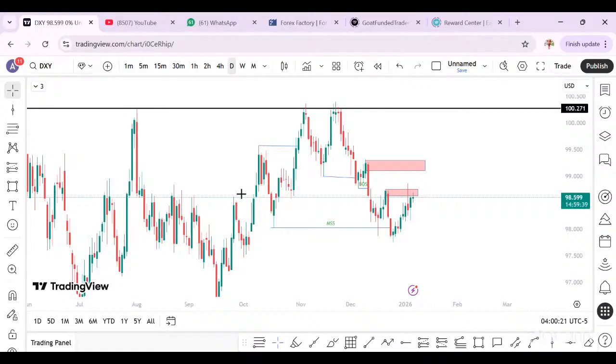By that time, we will have seen the Asia high or Asia low taken; Asia liquidity will have been taken out by 8:30. Then you can position yourself and take your trade. You can hold your trade in New York until New York is over, then close your trade. What are you looking out for? Maybe 40 to 50 pips for that day.